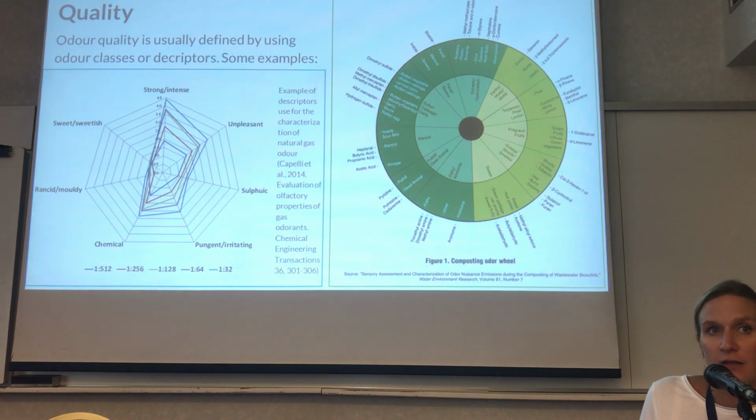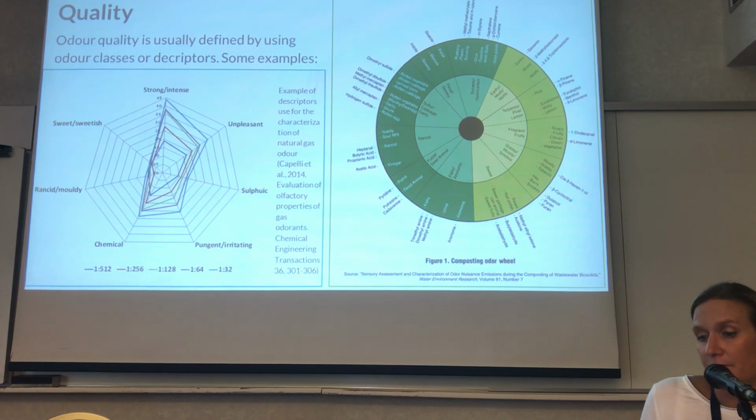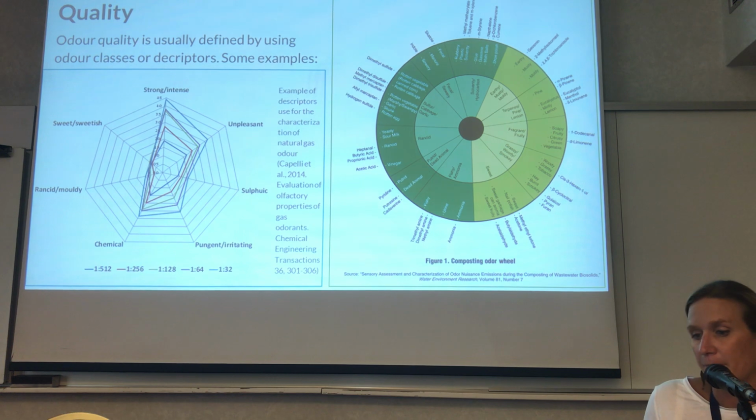What about odor quality? Well, odor quality is something complex because, of course, defining odor quality involves a very high degree of subjectivity. What can be done to try to define odor quality is to use some kind of odor classes or odor descriptors. Of course, the type of descriptors that you will be using depends on the type of odor that you are characterizing. This is an example of a study we published 4 years ago about the qualitative characterization of gas